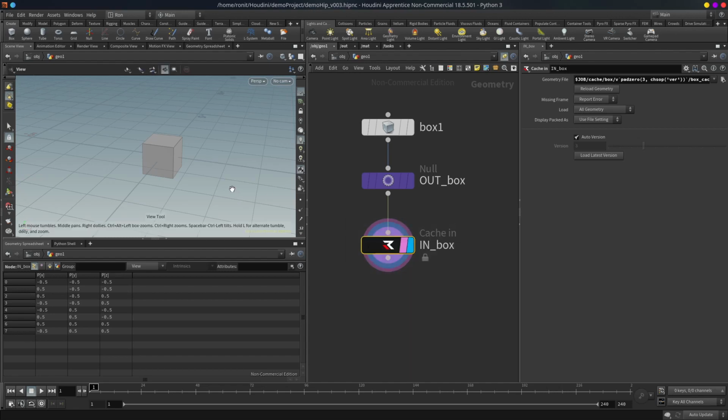Hit escape and hit enter. Yeah, there you go. So this is the box, and you can see we have version 3. So let's say you want to check the comments of version 2. So you come here, you remove this auto version thingy, type version 2. So your cache will also change, but since we are just saving one box, you can't see it. But as you can see, the comment is not changing here.